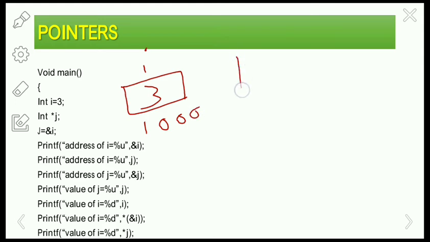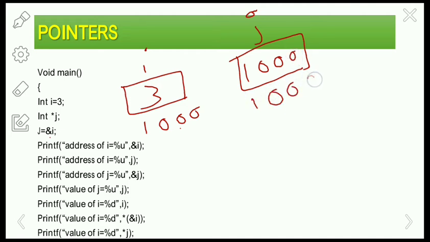And I am taking another variable j. First I am declaring i and assigning 3 to it. Next I am declaring the pointer variable j, and I am assigning the address of i to j. So the address of i is 1000, and it is assigned to variable j.